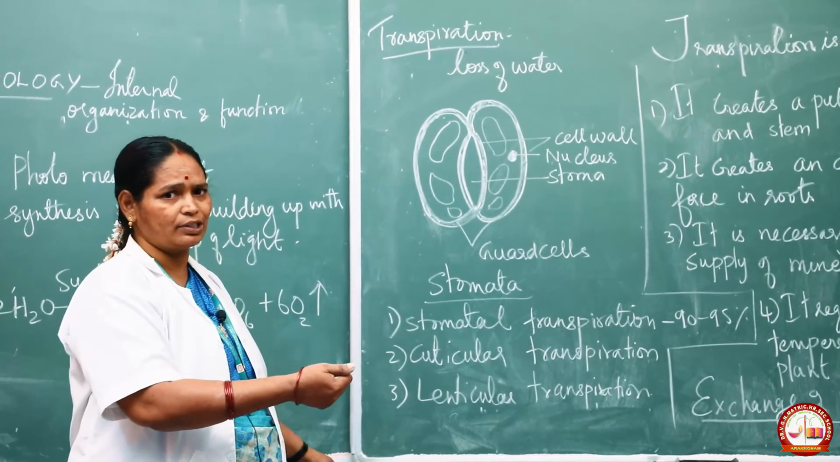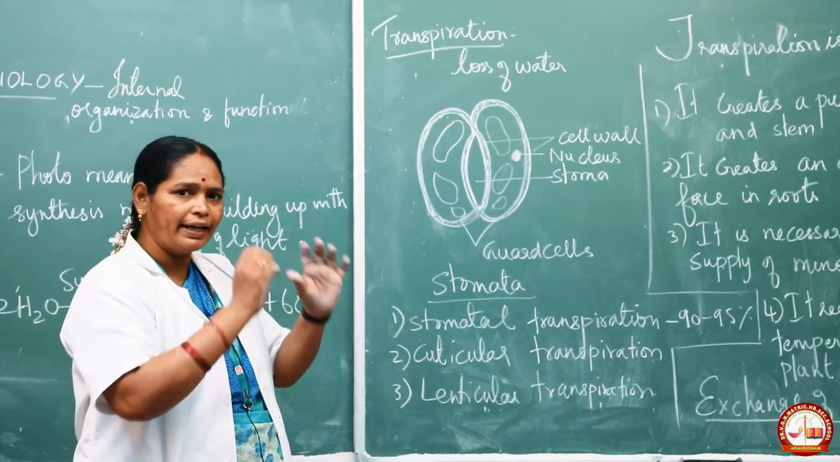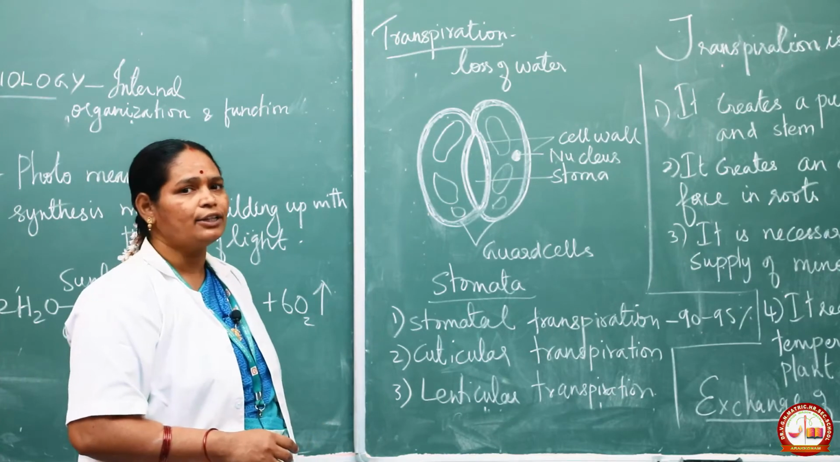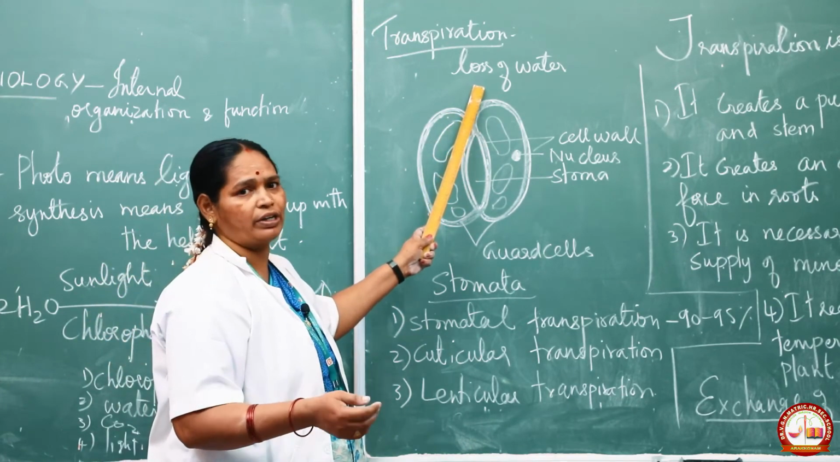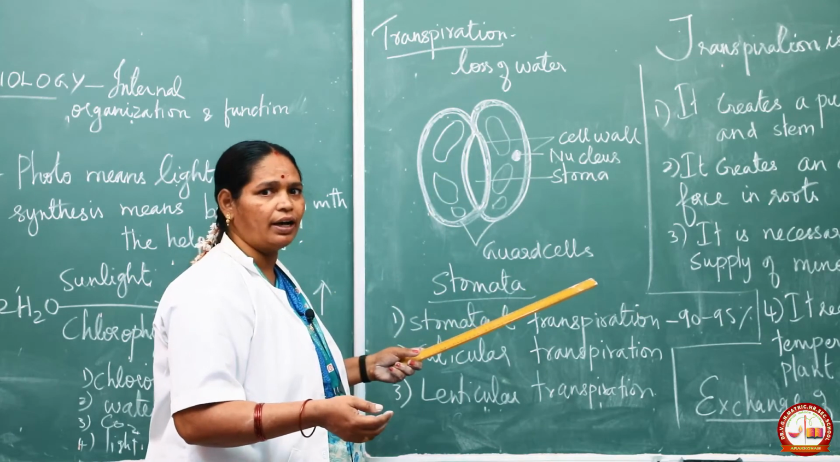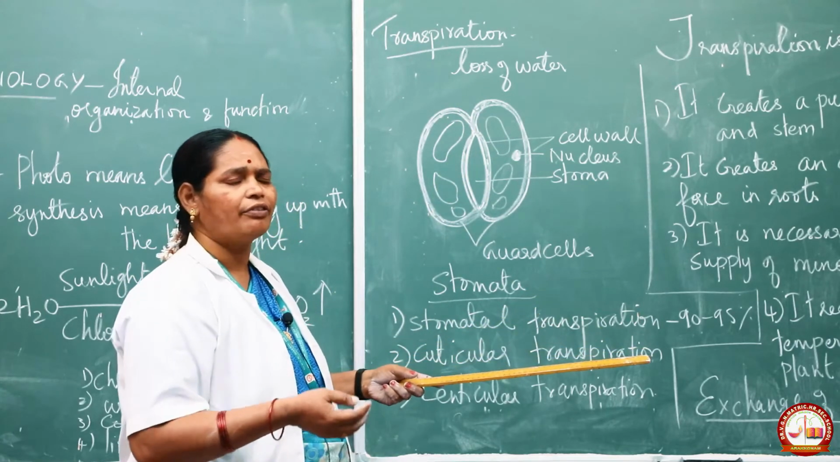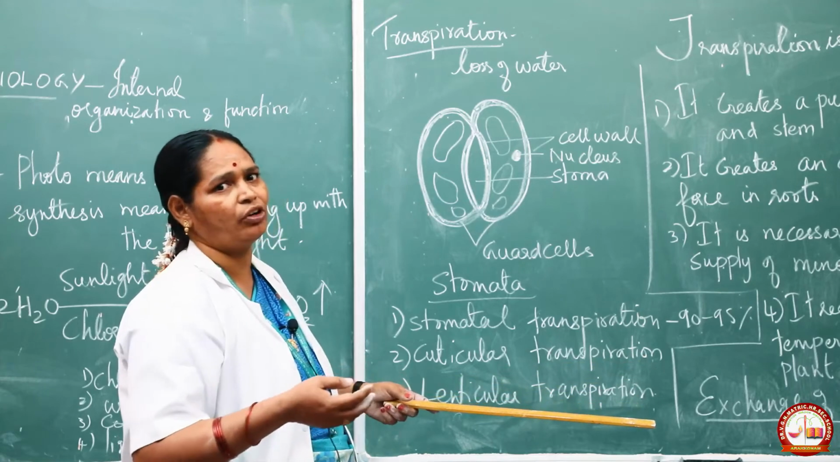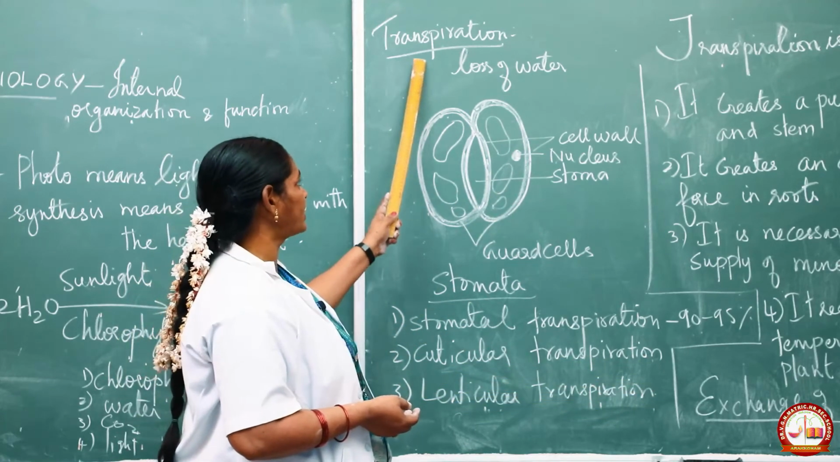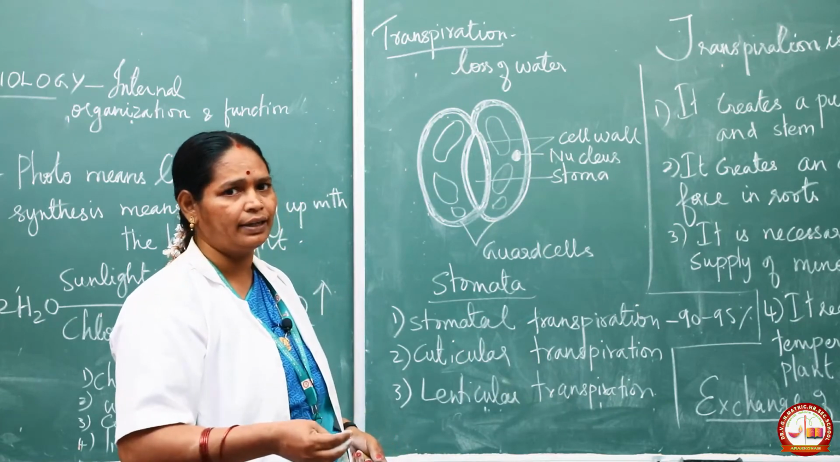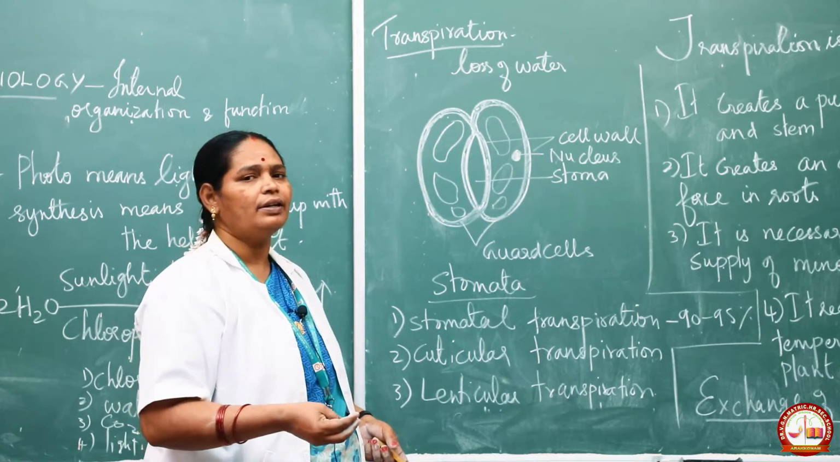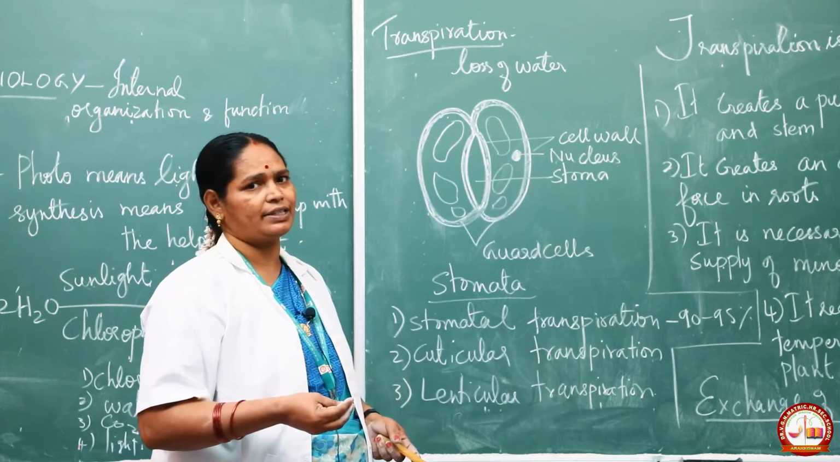How we sweat, is it not? We have sweat, is it not? Likewise, the plants also possess the sweating mode, and here we can call them as what? Loss of water. Loss of water in the form of vapor from the aerial parts of the plant body. Once again repeating, what is transpiration? It is a process of loss of water in the form of vapor in the aerial parts of the plant